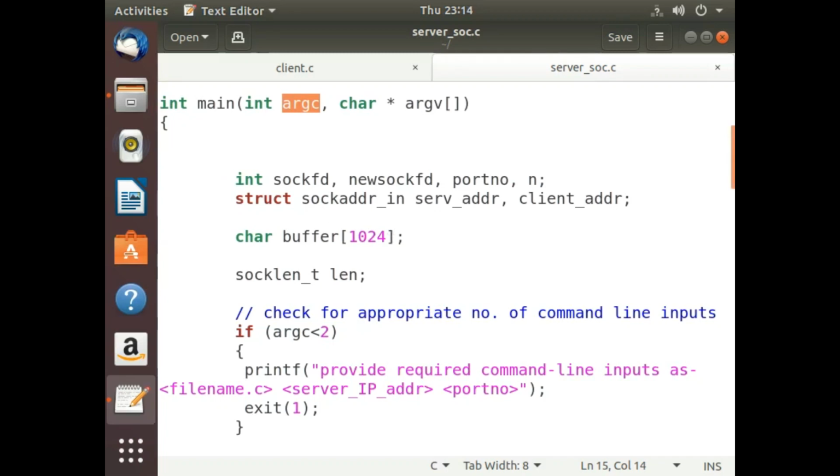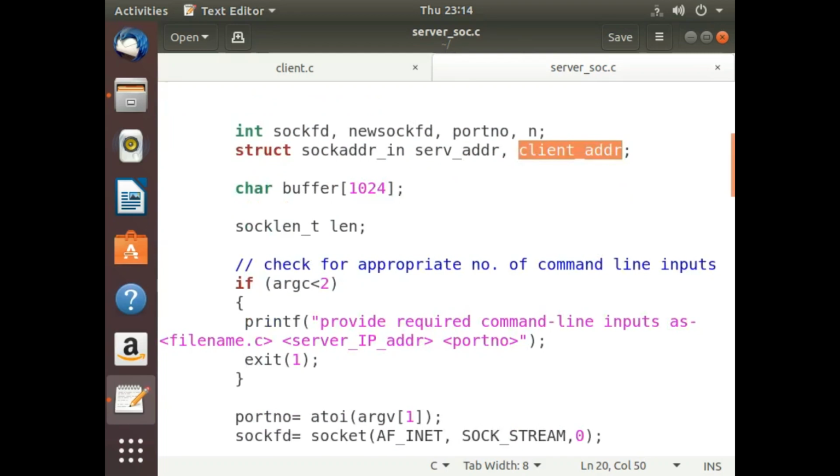So here is our structure that we discussed, and here are two structure variables of the same. One we will utilize to store the server information, and the other will be used when we accept a connection from the client. So here server_addr is used to store the server's information.